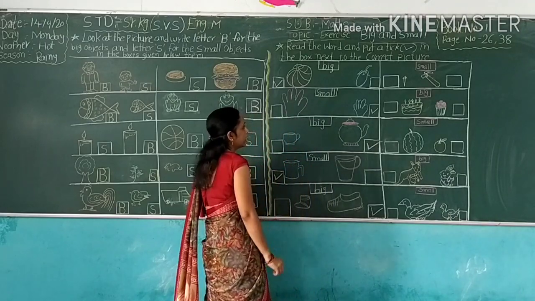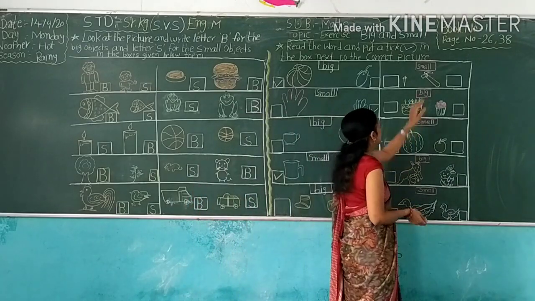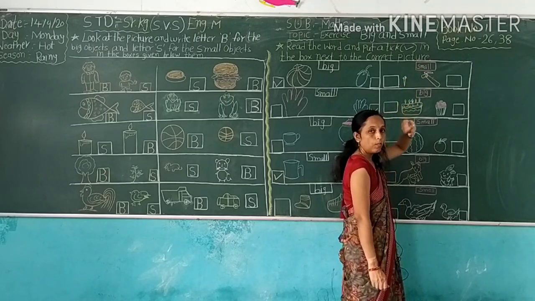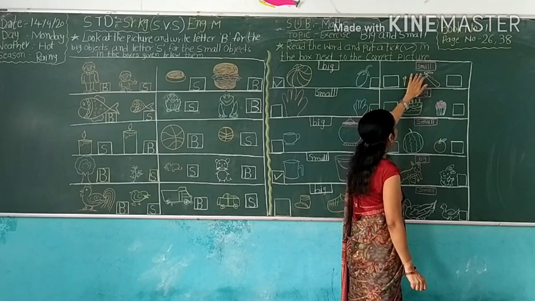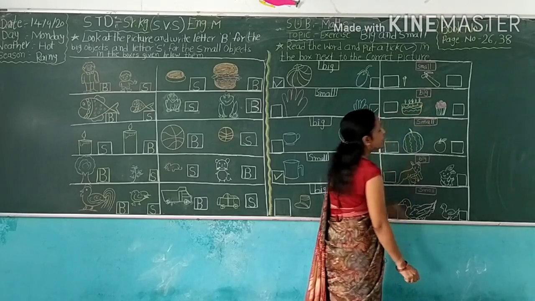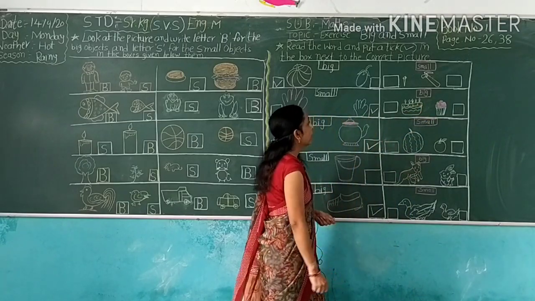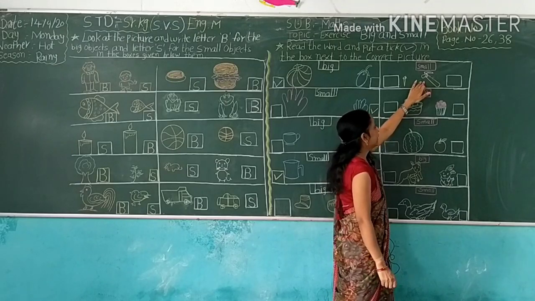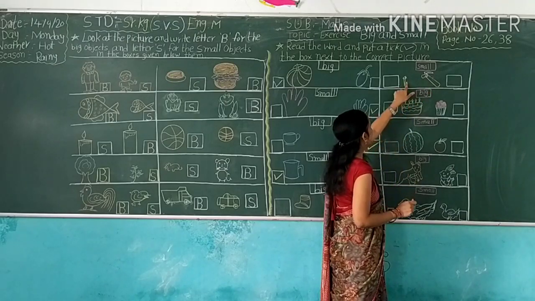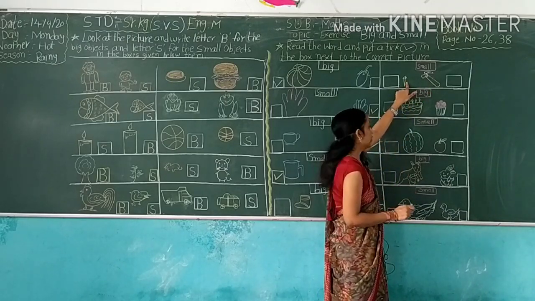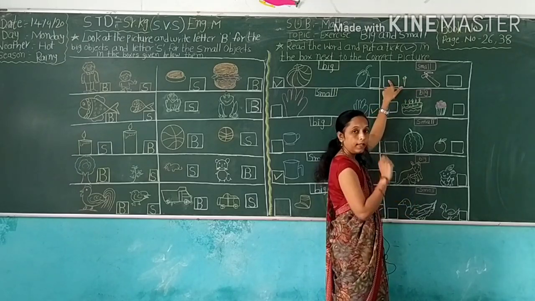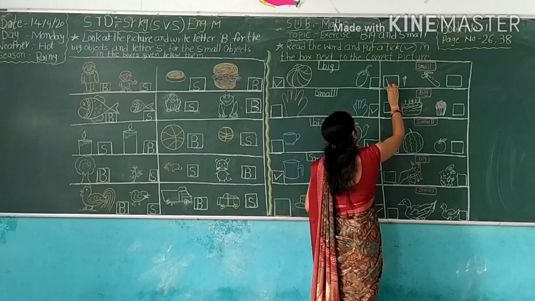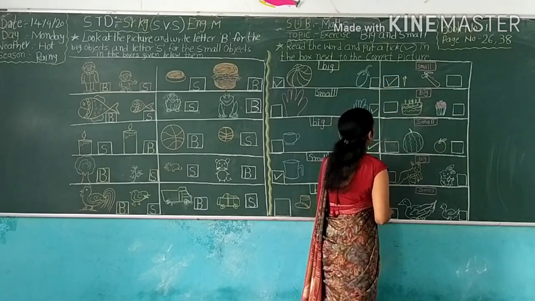Okay. And next look here. Which word right here? S-M-A-L-L. Small. So which picture is small here? Tell me. This? No. This object is big. And this one is small. So here we write take small object. Okay. So write the small object.